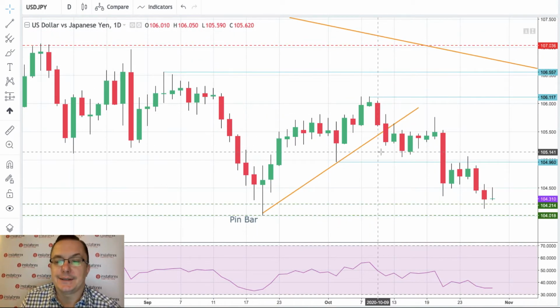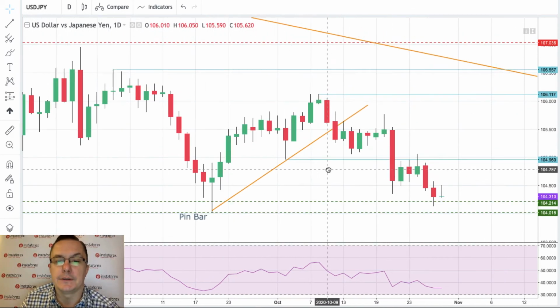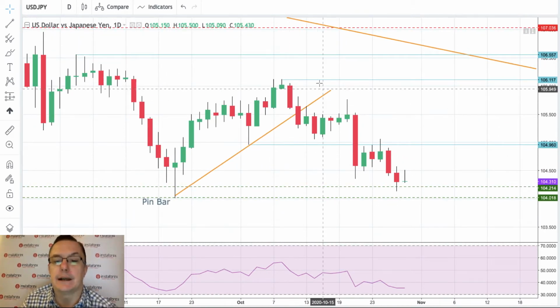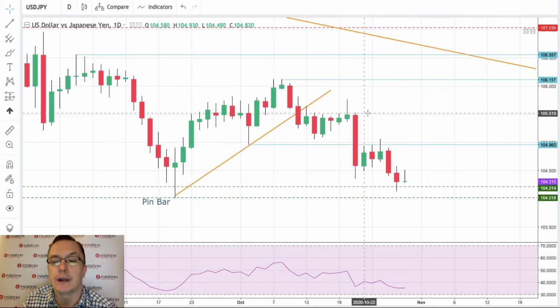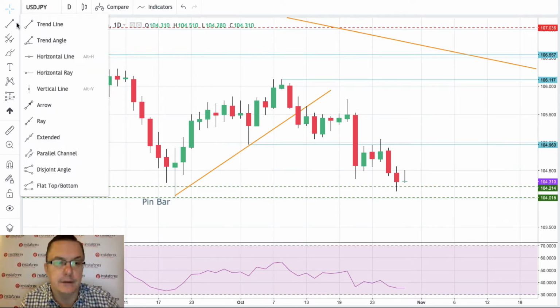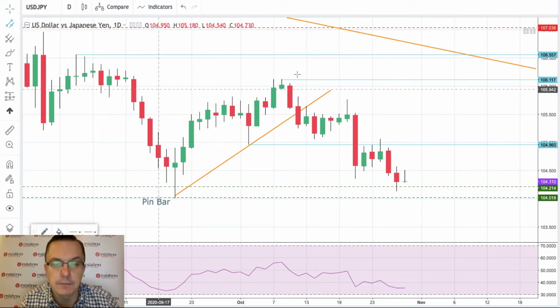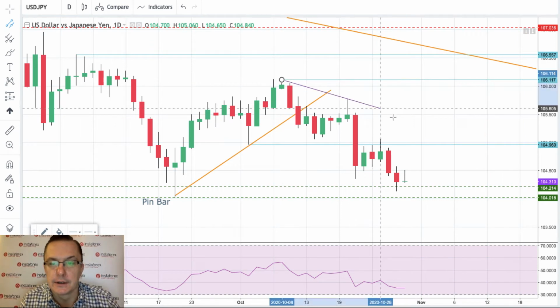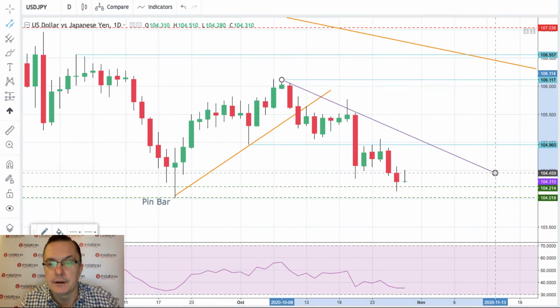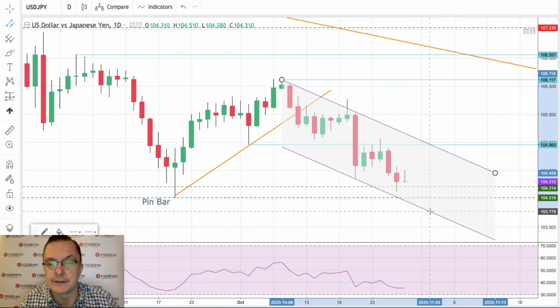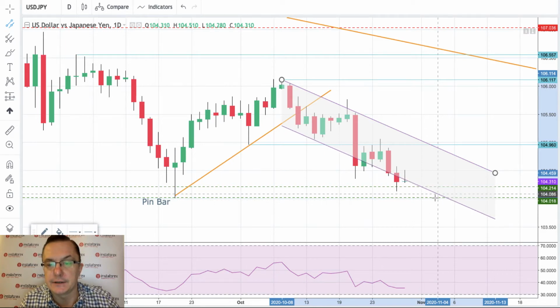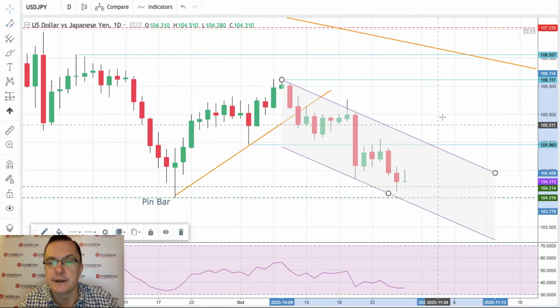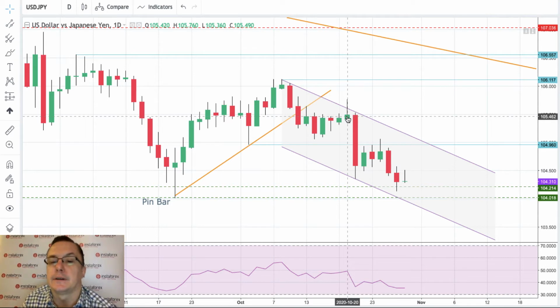As you can see, this is the daily time frame chart. On this daily time frame chart, we are still moving lower, and we can even make a parallel channel here, some sort of channel like that. As you can see, the market is moving inside of this channel. We can even extend it somewhere here, and this will be